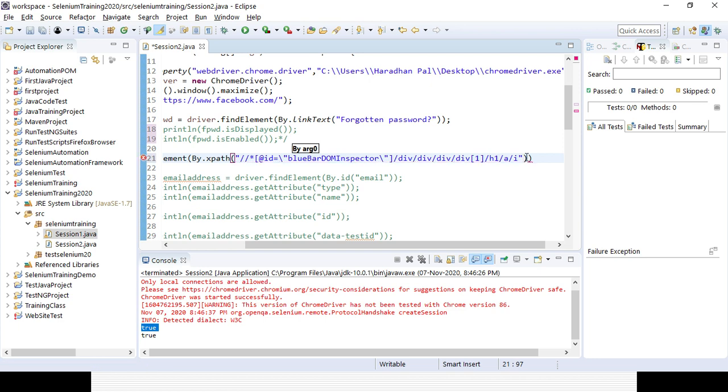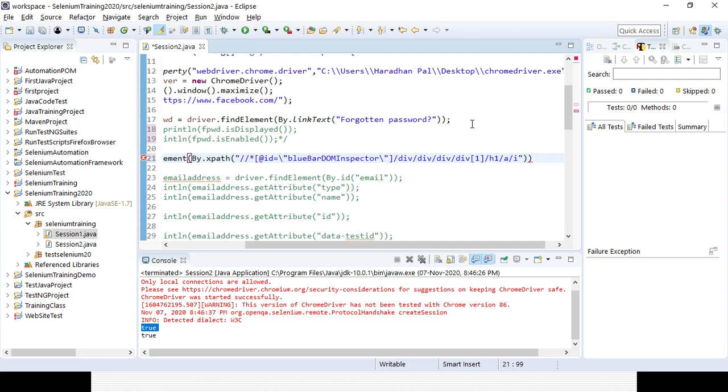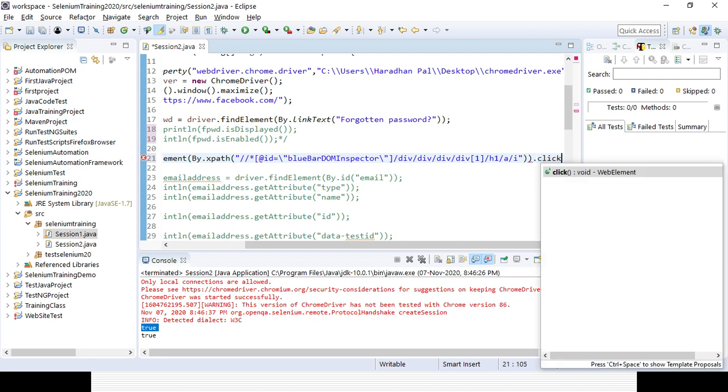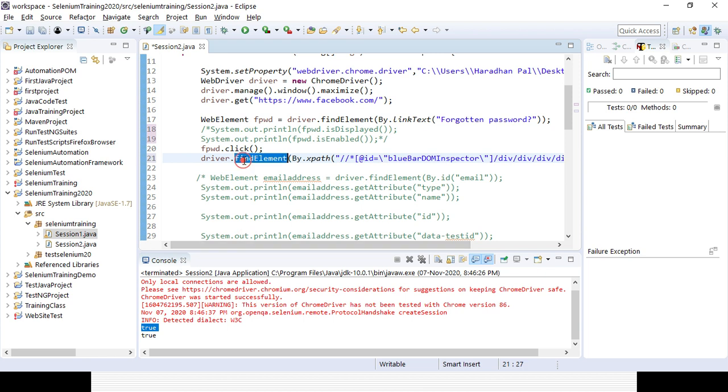It is also a link kind of element, going to the Facebook page and giving you the URL, so I need to perform the click operation. You can perform the click operation in case it is showing some link. In case it is not, you have to deal with it another way. I will cover some sessions on how to handle other elements as well.